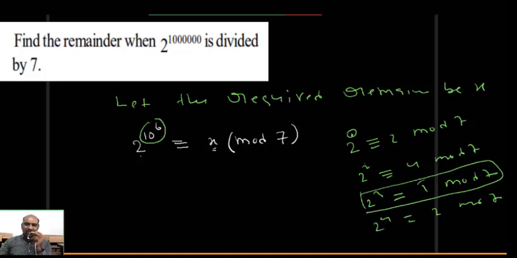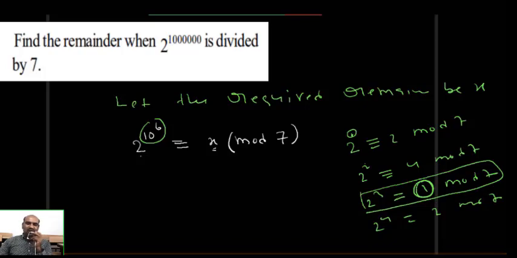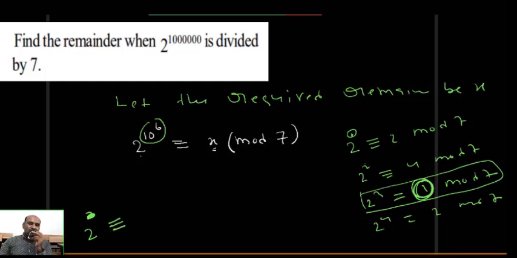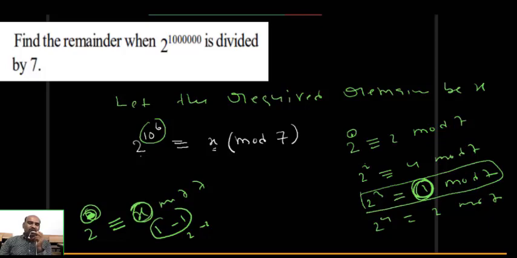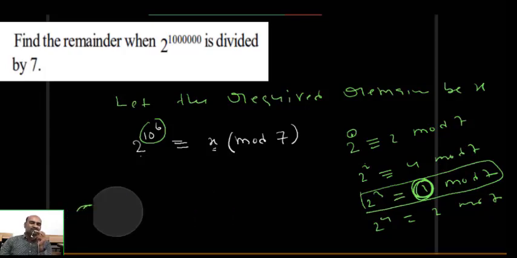See here, instead of this, I want remainders 1 or 2 or -1. Then only the problem becomes easy for us. Using any one of the exponents, you can solve the problem, but the easiest way is to find a remainder of 1 here. We want 2 power something congruent to x modulo 7, where x should be either 1 or -1 or 2 or -2. Then only the problem becomes easy. So it is better to find the exponent such that x equals 1 or -1, with the smaller exponent. After that you can solve the problem easily.